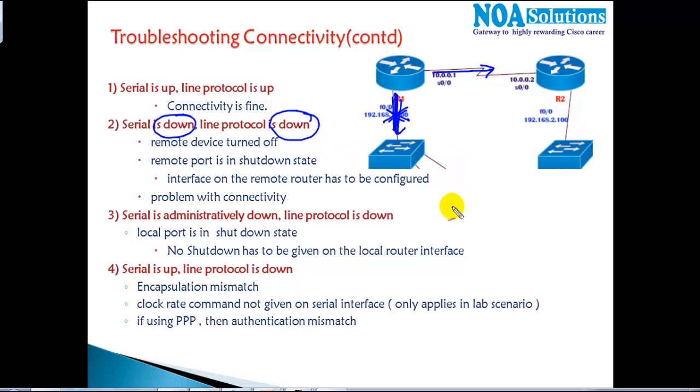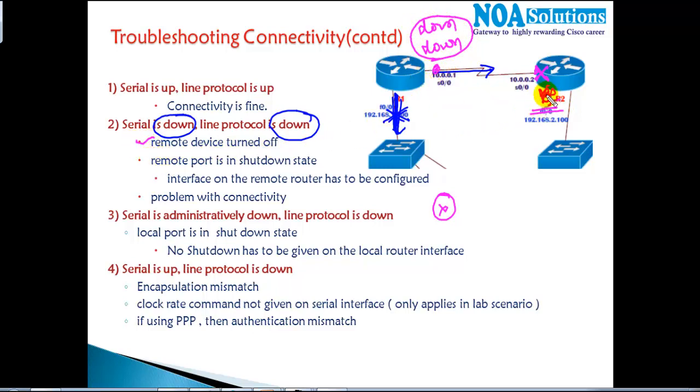Most likely, if I see down and down messages on this interface, the problem will be that the remote device is powered off. If you power off the device, you will see the down message. That's the first most likely reason you need to think about.